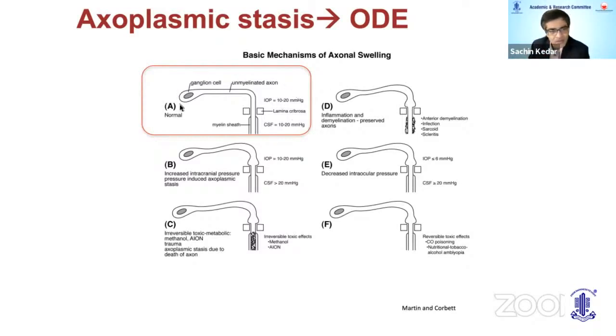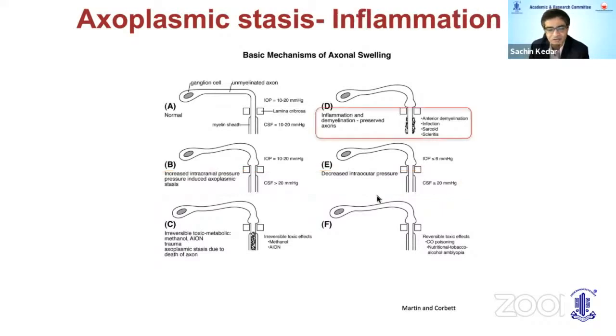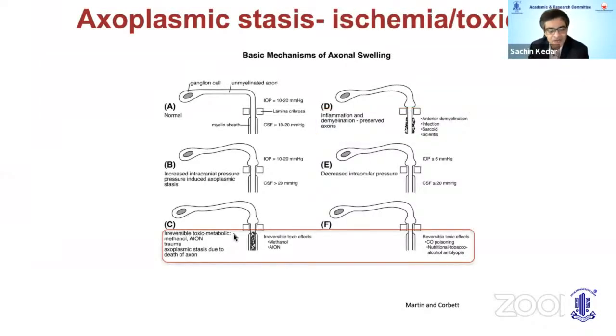When the normal milieu of the optic nerve is disturbed by either mechanical forces such as raised intracranial pressure or low intraocular pressure, or inflammation at the anterior part of the optic nerve, or, as Dr. Prema described, toxic metabolic states or ischemic states,